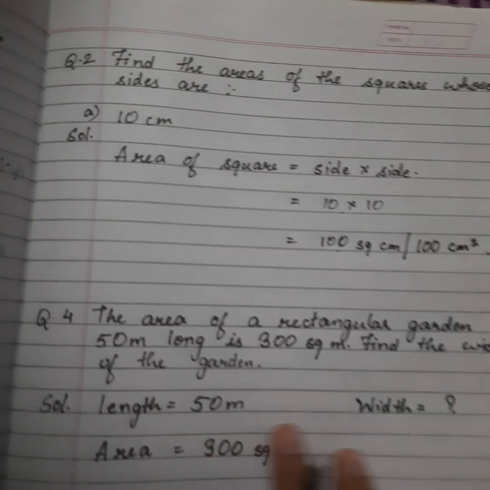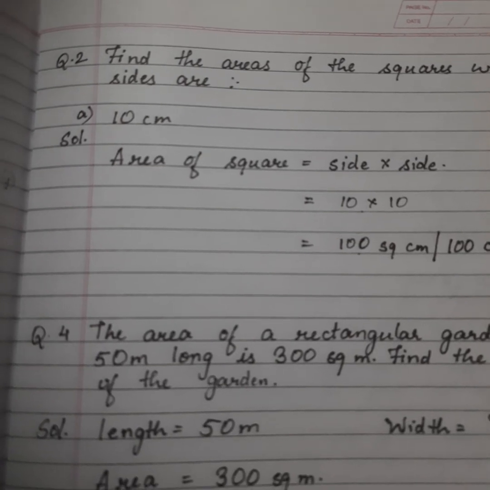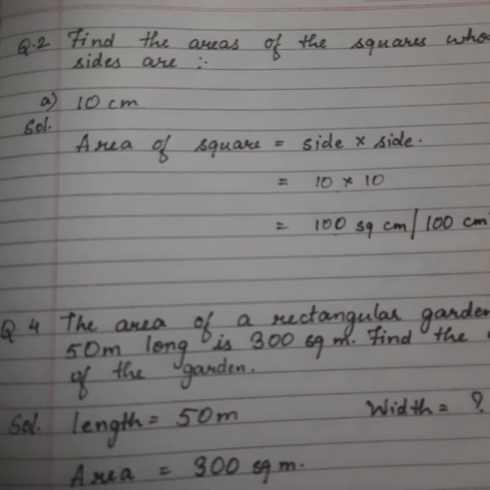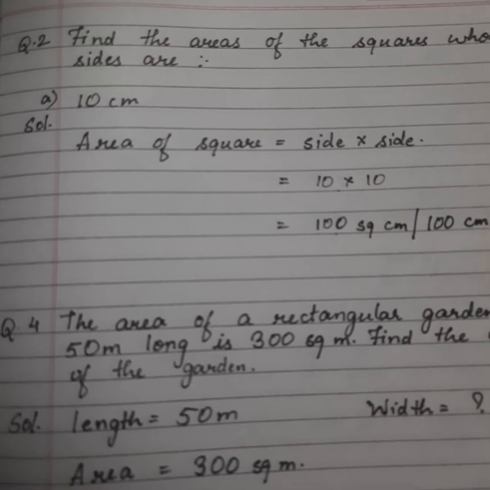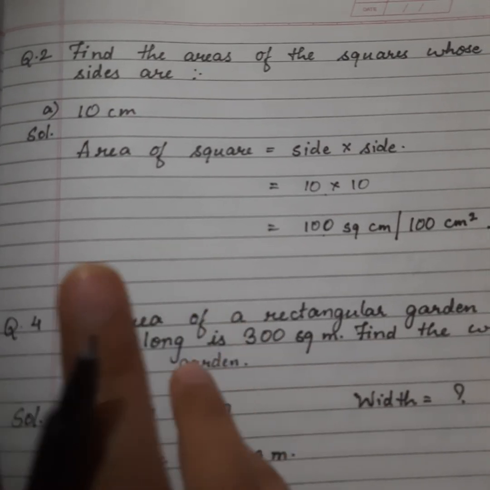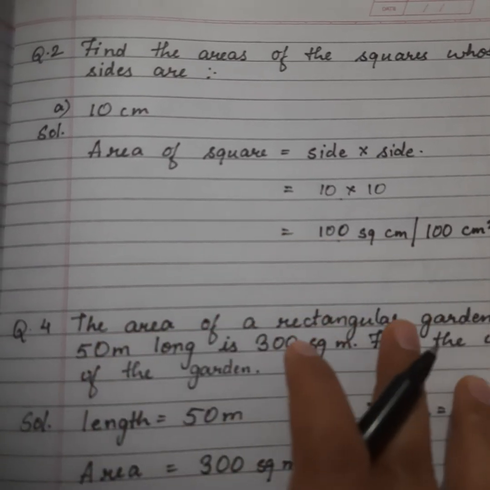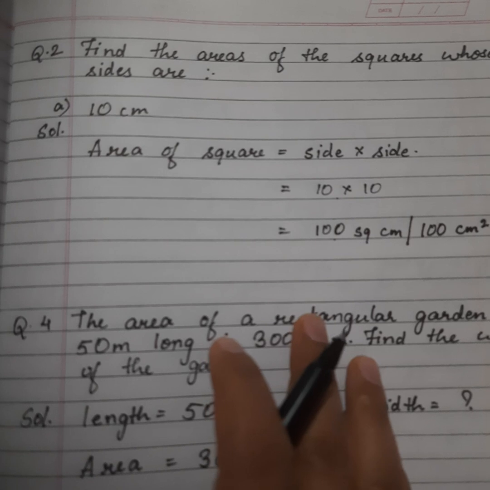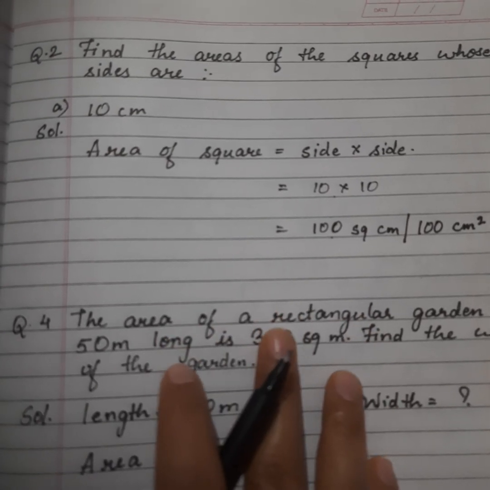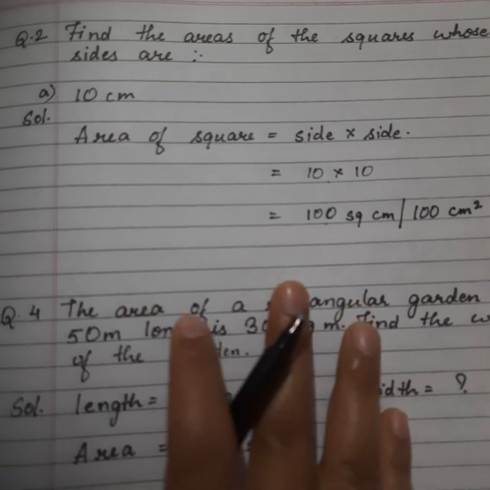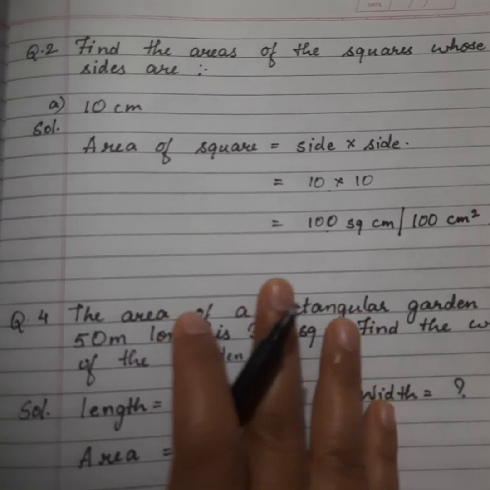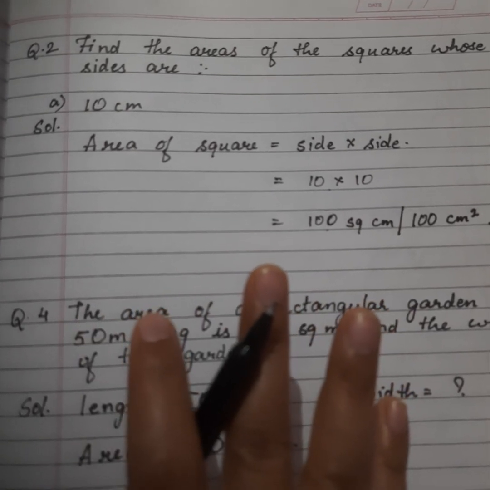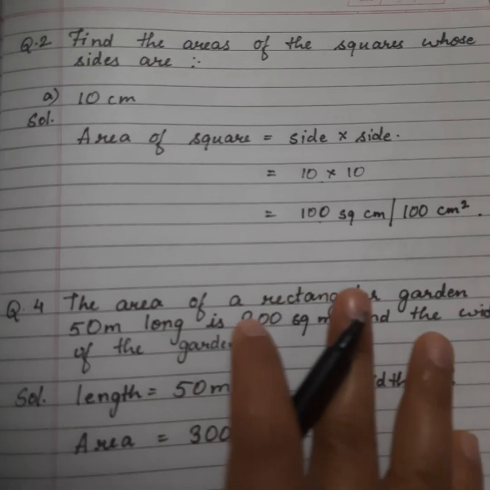Now question number 3: the length and breadth of 3 rectangles are as given below. Which one has the largest area and which one has the smallest? It is very simple. First you have to find out the area of the individual rectangles. Three rectangles' measurements are given, that you have to solve and find out the area of the 3, and then by comparing those areas you can find out which one is the largest and which one is the smallest. That is purely based on the formula only. That's why I'm not solving it. You can solve it on your own.